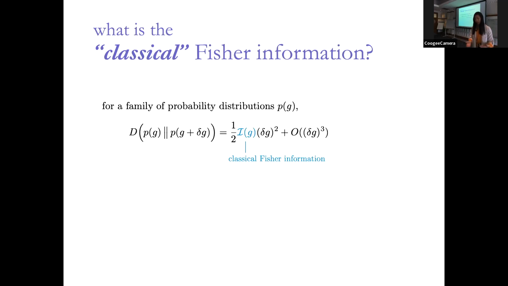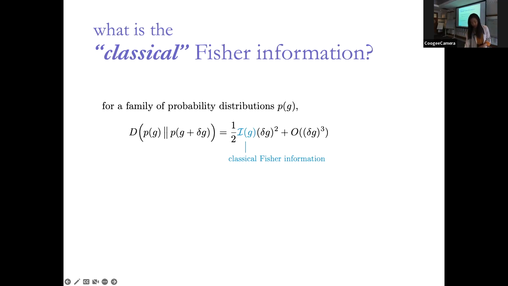Okay, so why is the leading term the quadratic term? Well, the 0th order term vanishes because when delta g equals 0, the two distributions are just the same, so the relative entropy is 0. The first order term also vanishes because the relative entropy is always non-negative. So because it's 0 at delta g equals 0, we can't have a linear term, because otherwise it would go negative for small negative values of delta g. Okay, so the classical Fisher information captures the leading order behavior of the relative entropy for very, very small changes